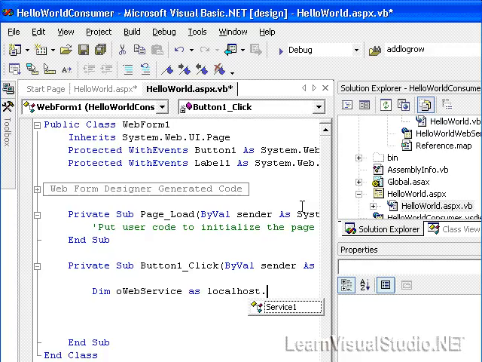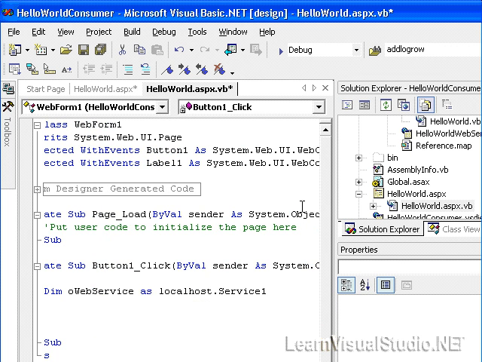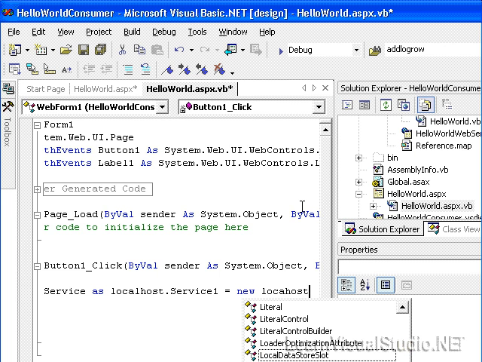Now, if you'll recall, we did not rename the class of the web service when we created it. Even though we renamed the file to Hello World, we left the class name as Service1. And therefore, the person that consumes this web service is now going to be a little bit confused, just as you might be at this moment, of why it's named Service1 instead of Hello World. And all I can say is that in the future lessons, you're going to learn more about how to name everything in your web service project correctly so that the consumers of the web service will not be confused. But be that as it may, what we do have right now is we have to select Service1, and this is our proxy that was generated for us